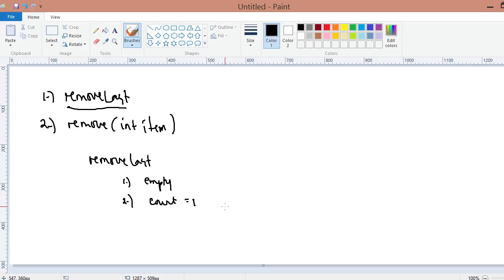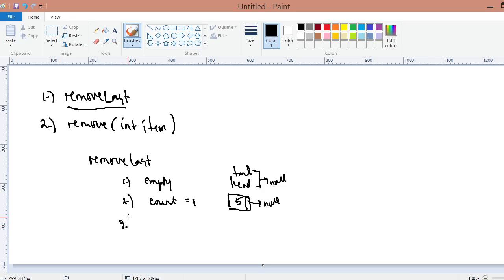With this case, it has only one node, and head and tail are pointing to this node. So for example, if the value is 5 and the next is pointing to nothing, we will simply let head and tail point to nothing, so that nothing is pointing to this object anymore.